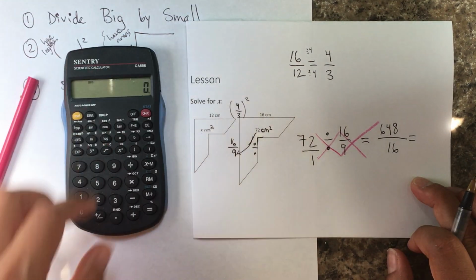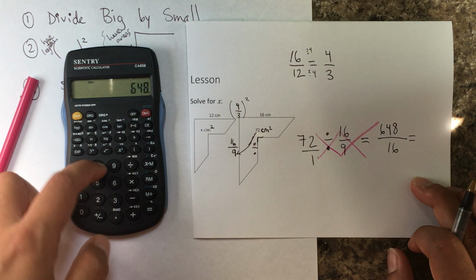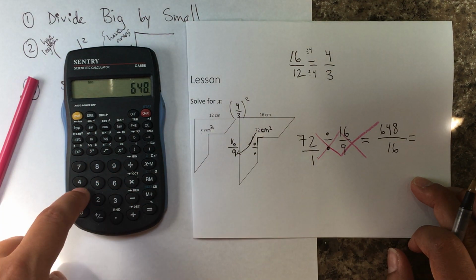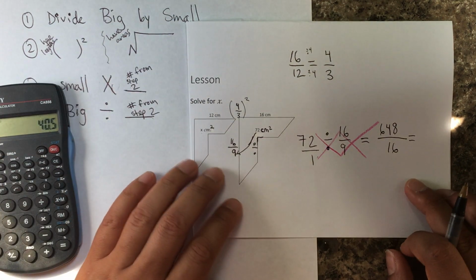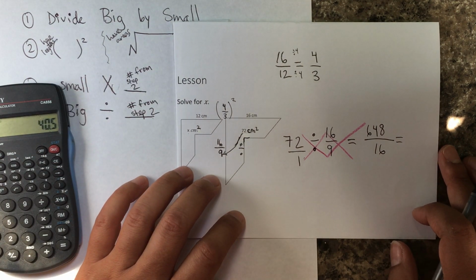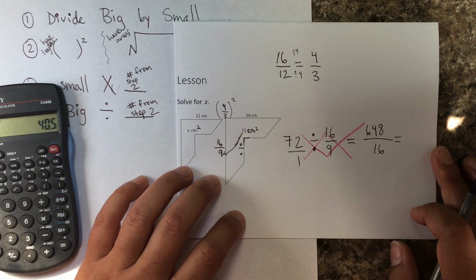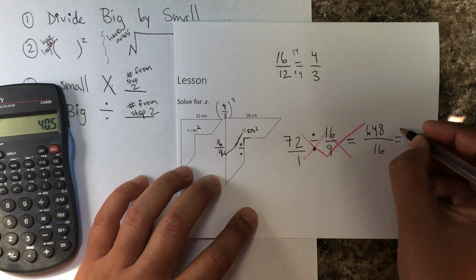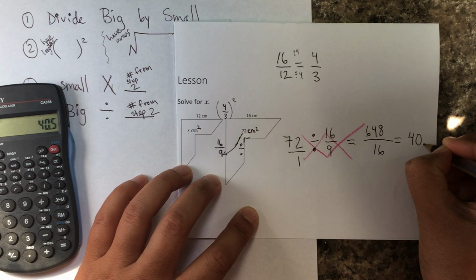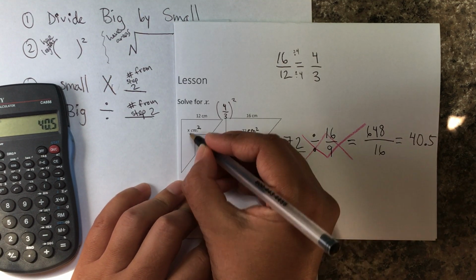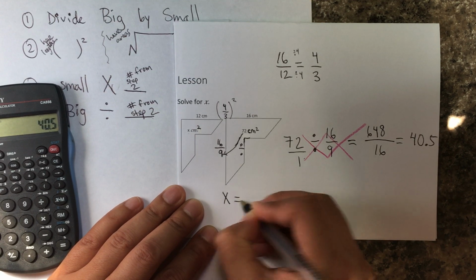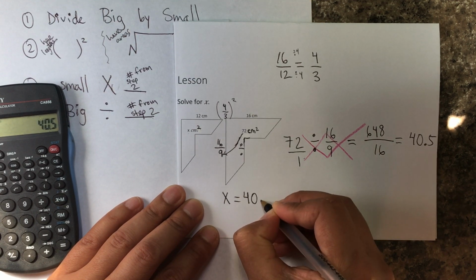I can do it by long division, but just to make the video not so long. So it's 40.5, or it would also be 81/2 if we simplify. So 40.5, and that's going to be the value of x. X is equal to 40.5